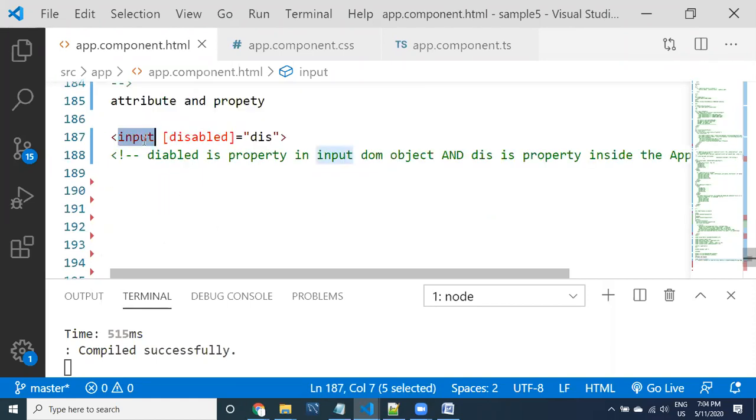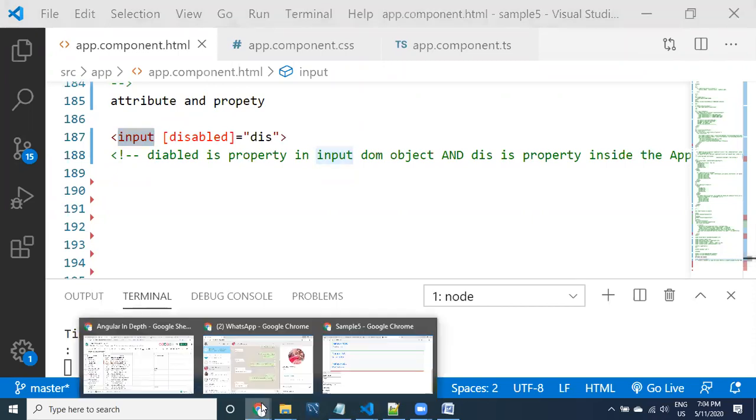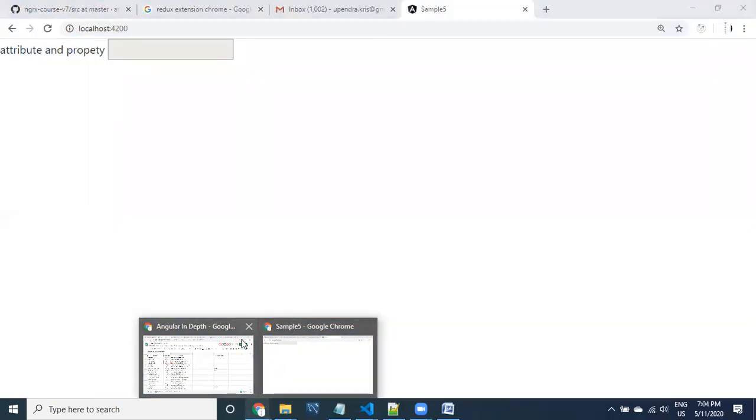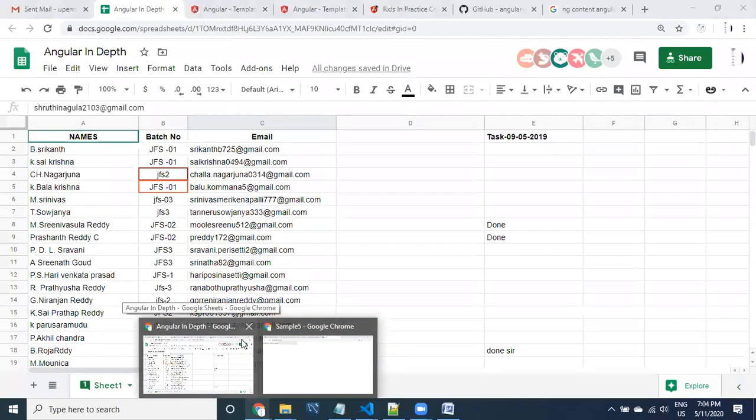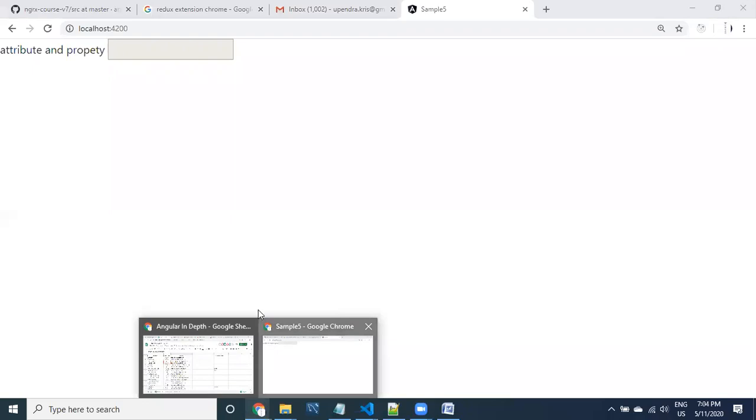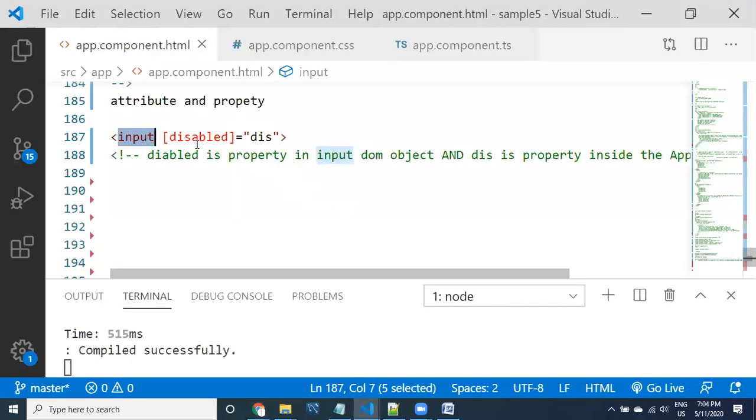Now, if you open the HTML, this text box itself is disabled. Coming here again, that is input disabled equal to this.